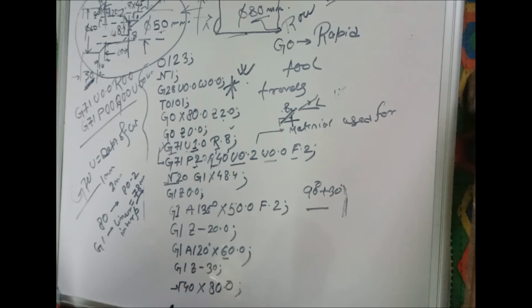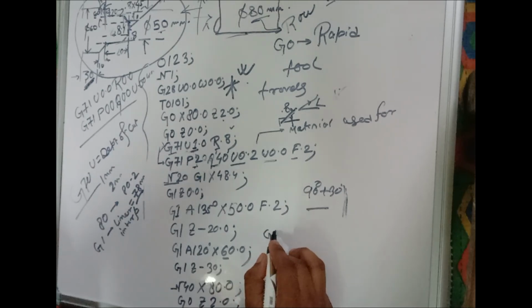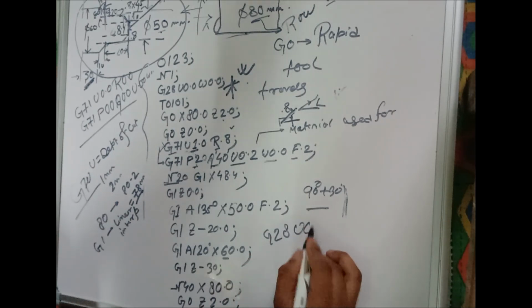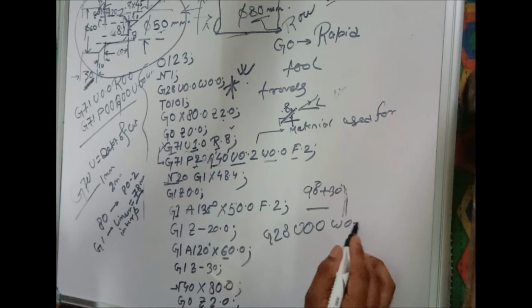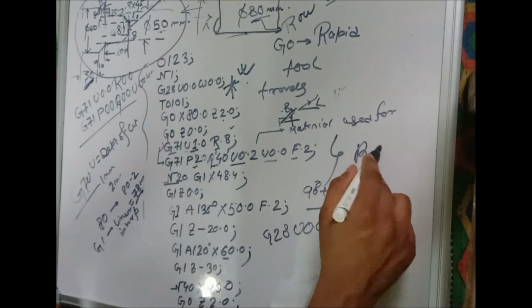After that we will call the home position. How will we give the home position? The home position will be G0 X 2.0. After that it will move G28 U 0.0 W 0.0. That is the rough operation, rough cutting. Okay,